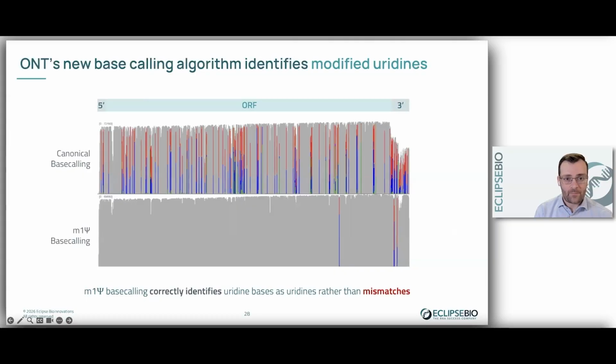So something that we're excited about is that Oxford Nanopore, as Tina's mentioned, has launched an updated base calling algorithm that correctly identifies M1 methylpseudouridine bases as uridines rather than mismatches. So I'm showing that here. This is for an M1 methylpseudouridine incorporating RNA, where on the top, we're showing the canonical base calling, and then at the bottom, showing base calling with the M1 methylpseudouridine caller. Gray are bases that are called matching the expected sequence, and then purple or red are mismatch